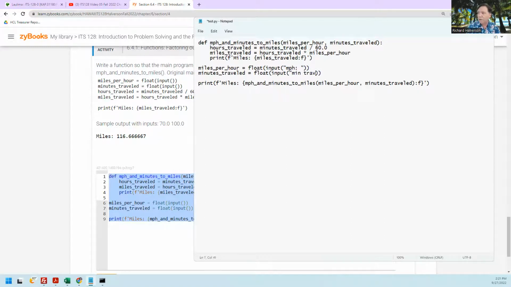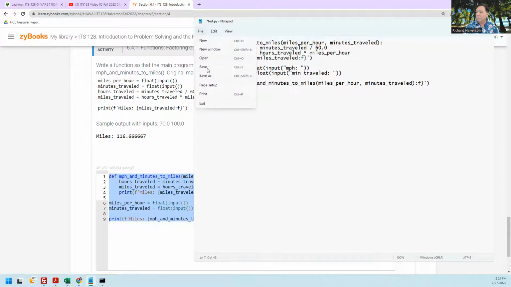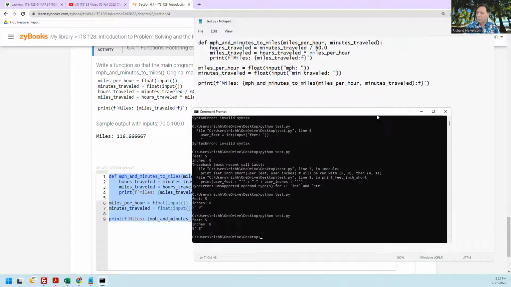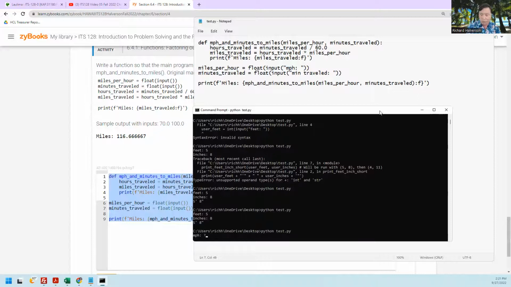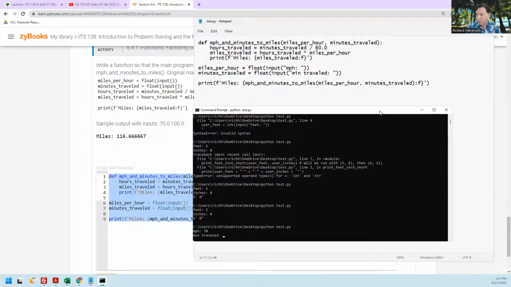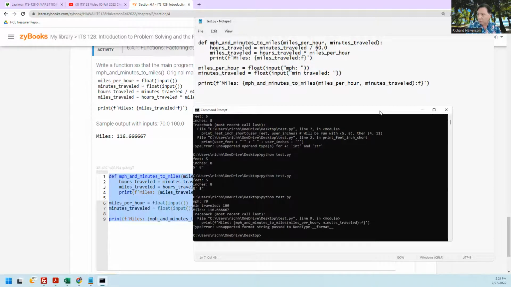Min traveled. And if I save this, and run it. And I'm going to use 70 and 100. 70 miles an hour, that's pretty fast. 100 minutes. It comes out to be